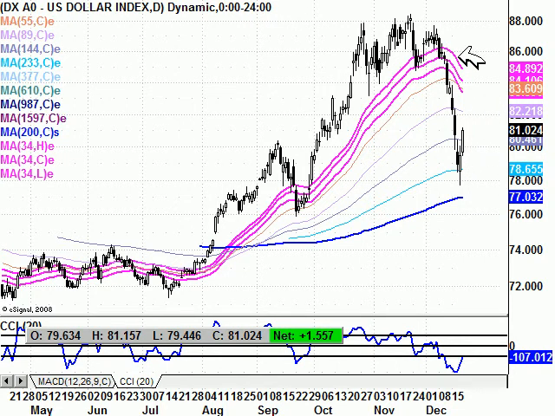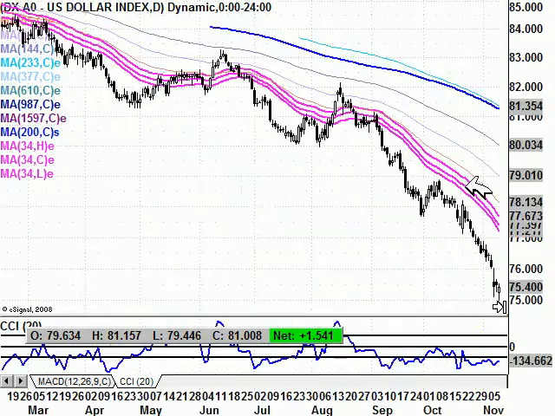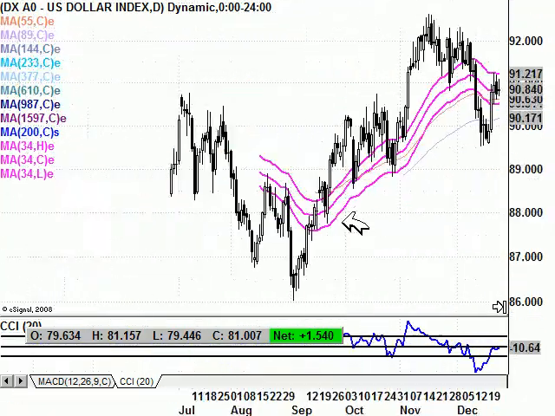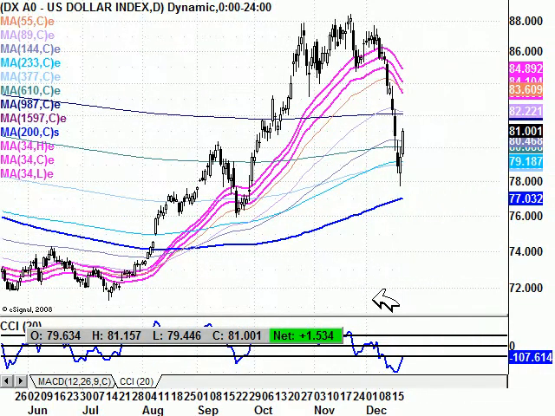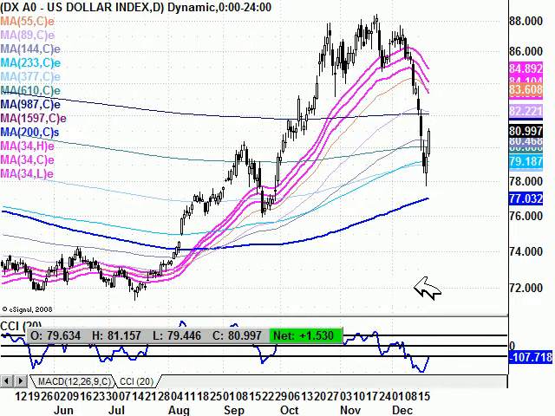We do have the turned over downward angling wave, but we haven't really gone back and tested the resistance, and we're starting to do that right now. Where will this dollar index find resistance? Will it be at a psychological number like 81? Will it be at one of the lazy days lines? Will it be at the bottom line of the wave as resistance? Let's squeeze in some more data here and get all the lazy days lines to plot. Okay, you can see here it could be at any of them. Here's my 987, my 1597 is going to be up here somewhere, but here's the 200 period simple.